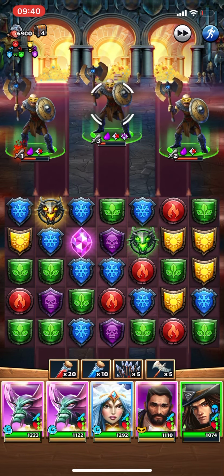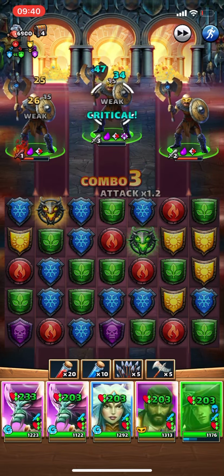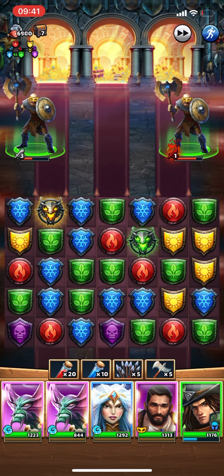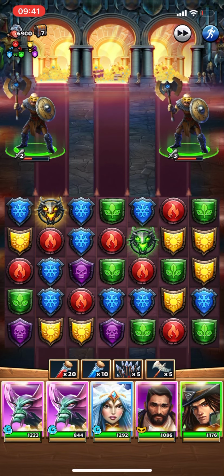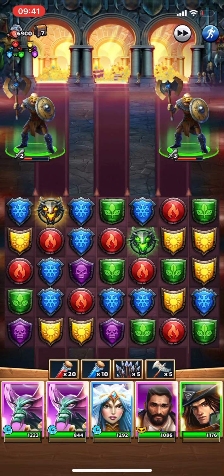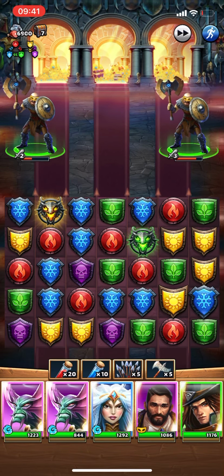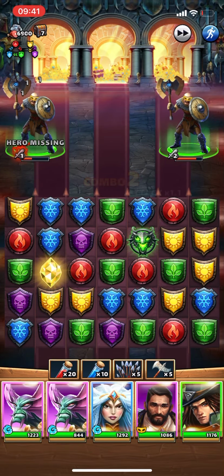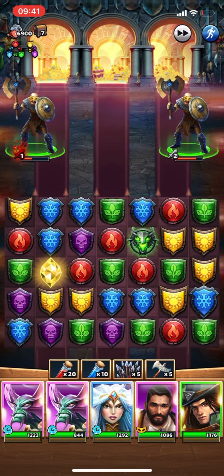And yeah, if you didn't know, for the costumes, you have to level it separately. The base hero has to be leveled first. And then if you level the costume afterwards, even if you're not using the costume, you get a base stat boost on that hero stat. So you get 5% for attack, 5% for defense, 10% for HP, and 5% mana generation, which